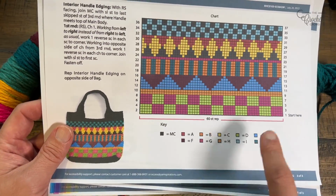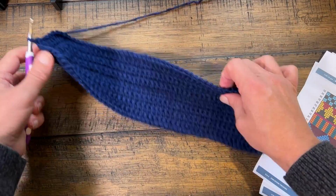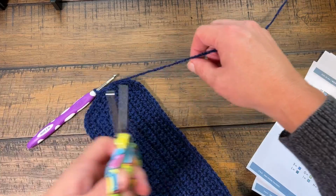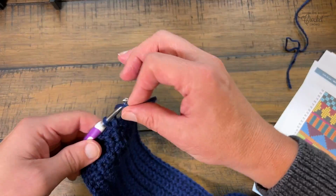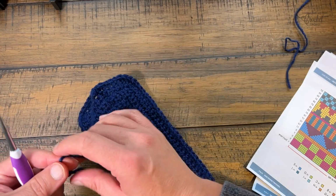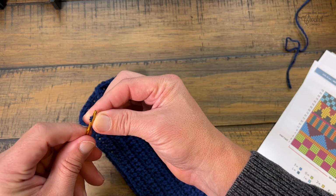So let's begin the first section. The first thing I'm going to need to do is end the color that I was using, and I want to save this OGO that we've been using. That's a solid. It's either black or in my case it's soft navy, and I'm just going to weave in the ends. Anytime you want to weave in ends on this project, let's show you how to do it now. Slip it through a tapestry needle